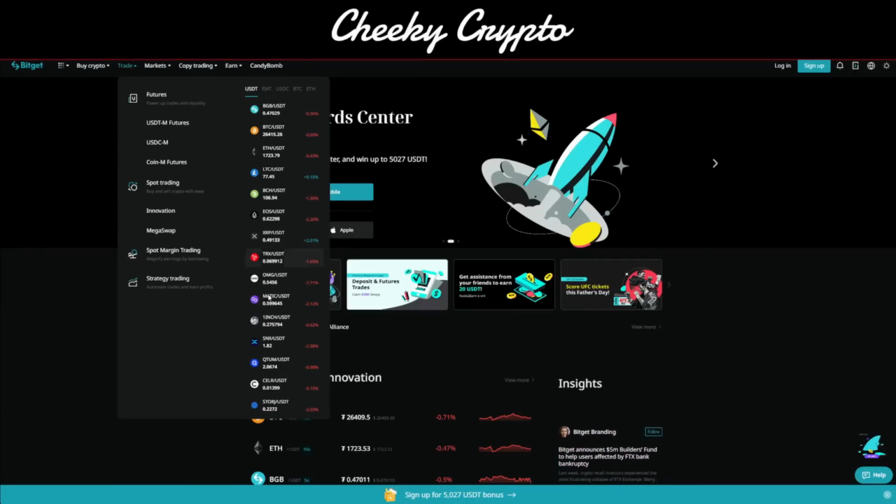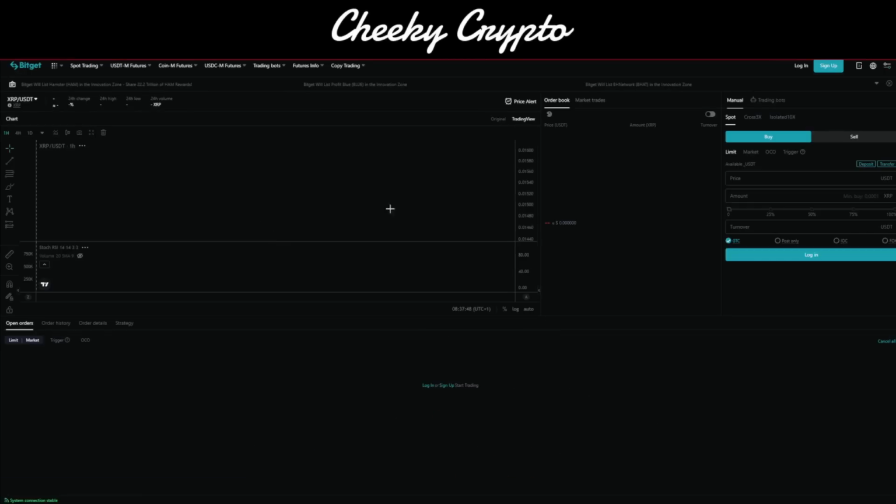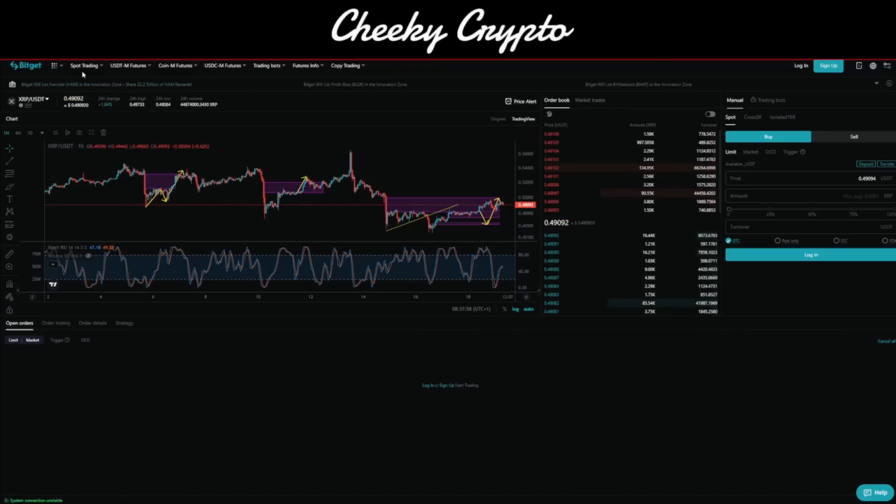spot trading for XRP. Is it on here? I can't see it. Yes, there it is. We have the spot trading for XRP on BitGet, which is obviously the same data source that we're using here. As you can kind of see, XRP USDT spot 1 hour BitGet. So if we come over to the BitGet spot trading on the 1 hour chart, which you can see here,